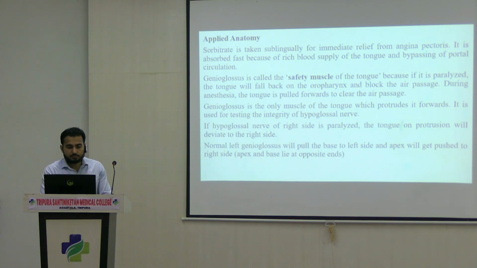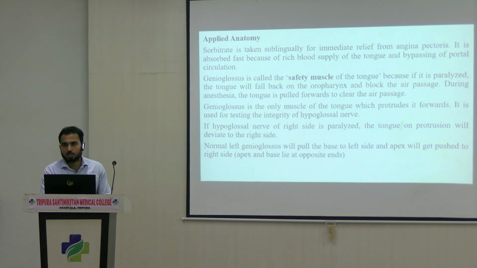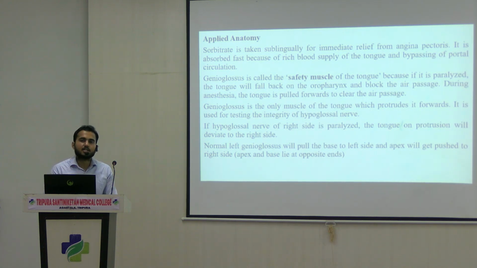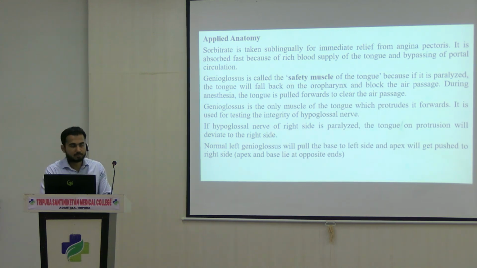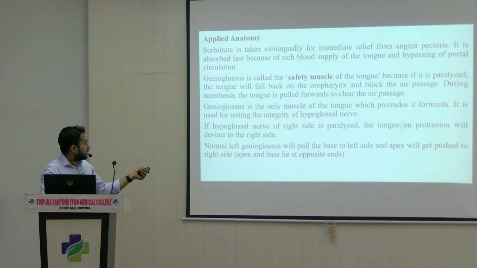Next, Genioglossus is a muscle which is used to test the integrity of the hypoglossal nerve. As we have studied, most of the muscles of the tongue are supplied by which nerve? Hypoglossal nerve, that is the 12th cranial nerve. Now how will you check the integrity of the hypoglossal nerve? With the help of the Genioglossus. As you can see,